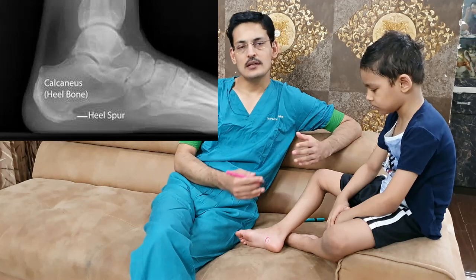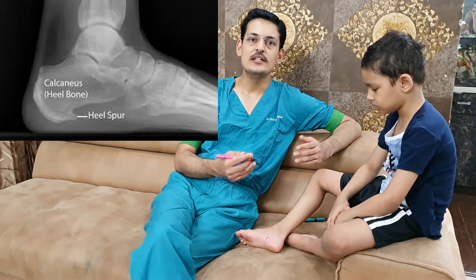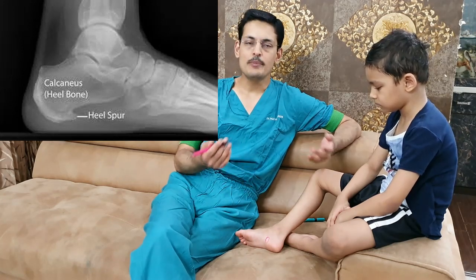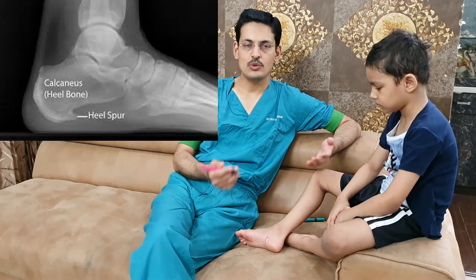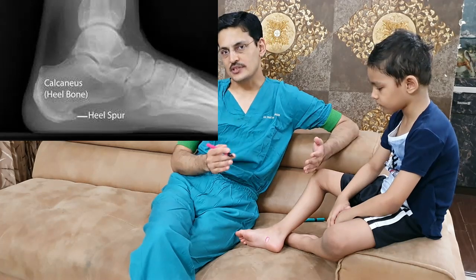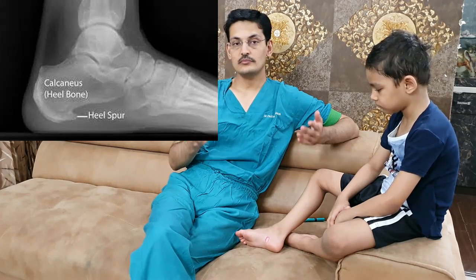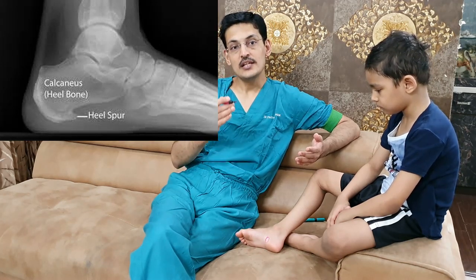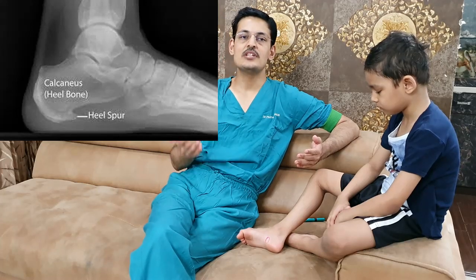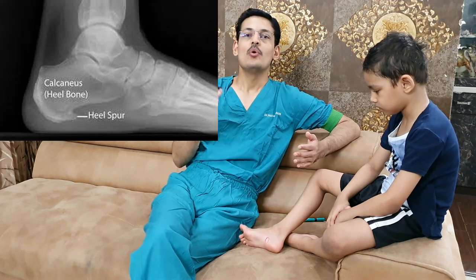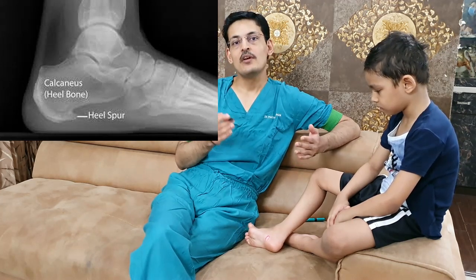Now this is very commonly associated with a heel spur. Heel spur is a very common condition that we see in about 10% of our normal patients. Still, the chances of a plantar heel spur being linked to plantar fasciitis is only 5%. That means that if 100 patients have a heel spur, only about 5 of them will have problems leading to plantar fasciitis.